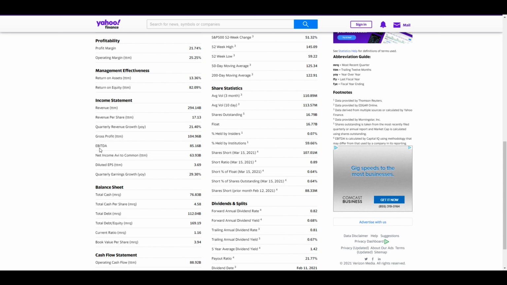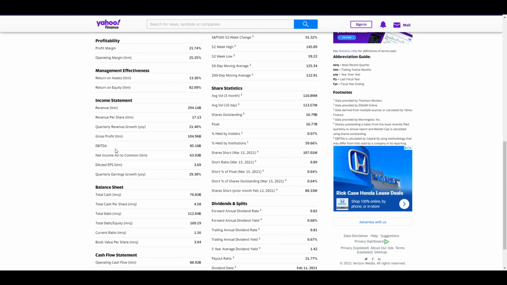Ebitda means earnings before interest, taxes, depreciation, and amortization. So this is a really great number to look at. It's very much used in the financial community because Ebitda is a good number that tells you how the company, again, is operating. Ebitda are the earnings of the company before you subtract interest, before you subtract taxes, before you subtract depreciation, before you subtract amortization. So depreciation and amortization, or the DA of Ebitda, these are accounting figures, so they don't really tell you how the business is operating. It's just a method used in accounting to